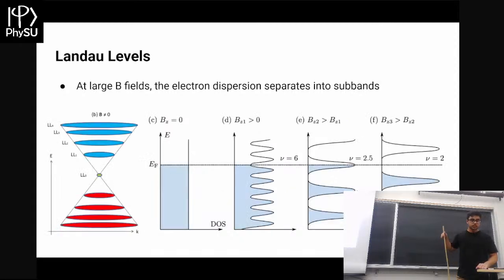Now, if we look at this on what's called a density of states plot, you can just think of the density of states as the number of available states within a band at a particular energy. So energy is the vertical axis. Say this is your energy. By the way, this doesn't exactly map here, but it's just a visual comparison. At this energy, the density of states is 0 because there are no states, and here at some value, it's also 0. And as we turn up the magnetic field from the left to the right, this is what the energy looks like. These are called Landau levels, each of these bumps here.